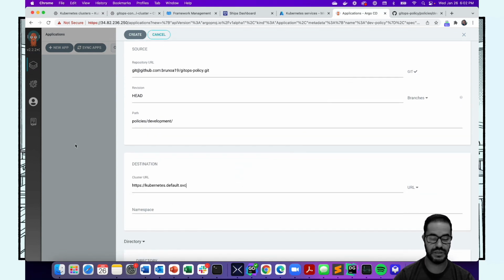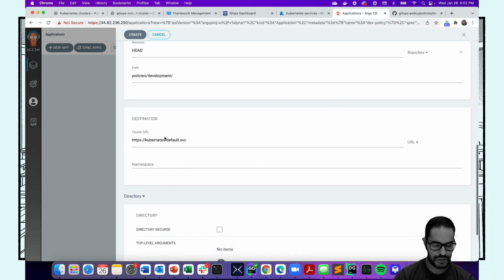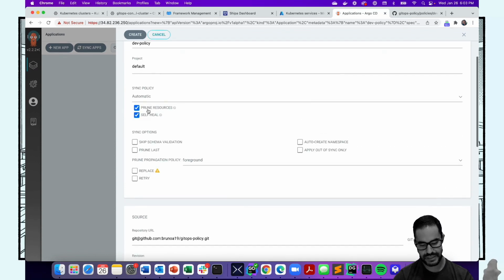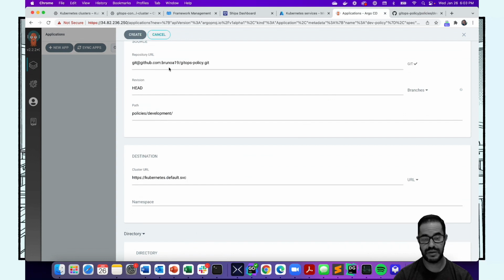And the cluster is going to be the local cluster, because Argo will communicate with Shipa and Shipa will apply the policies and connect these policies to the other clusters we have. So we don't need to get into the funky business of how you install Argo across multiple clusters, how Argo manages that, and what ingress controllers we have on each cluster. So I'm just going to say dev policy, default project, syncing automatically, passing our Git repo, and saying this is a development. If I do create,